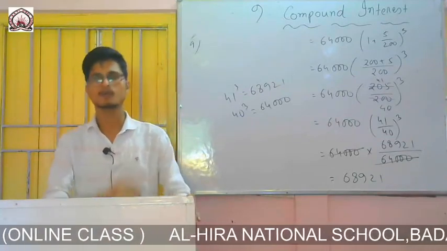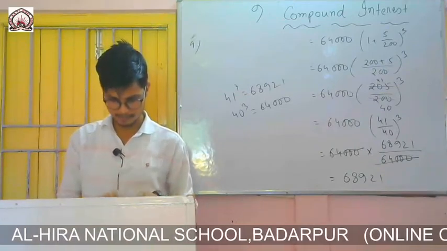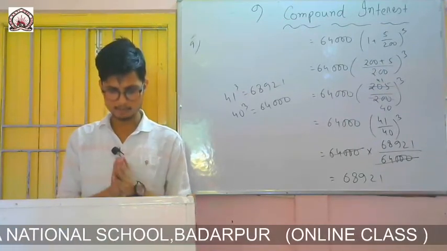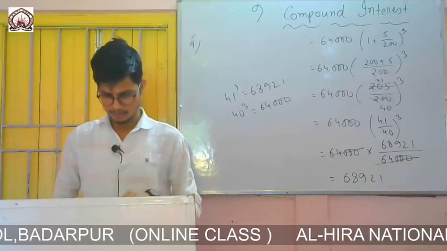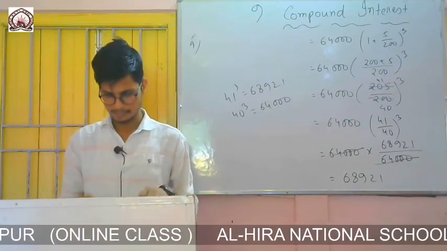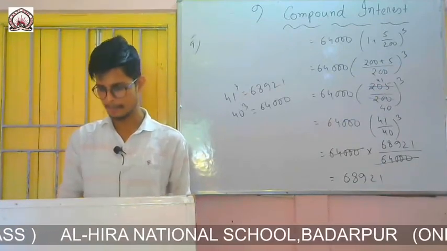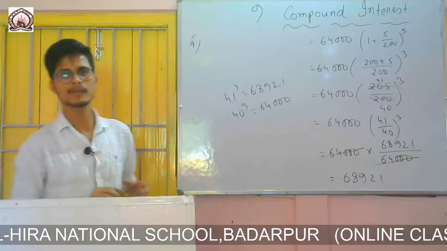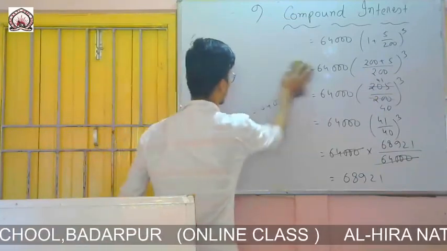So here we are seeing that decay is there. That means people started a group, there was a campaign to kill the stray dogs. By killing, they are decreasing the population of the stray dogs. That means there is a decay, so the rate will be in minus. That means the formula will be P into 1 minus R by 100 to the power n.